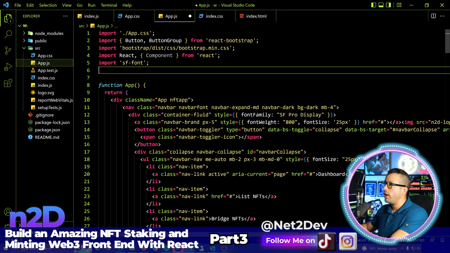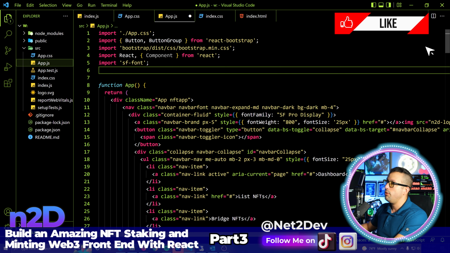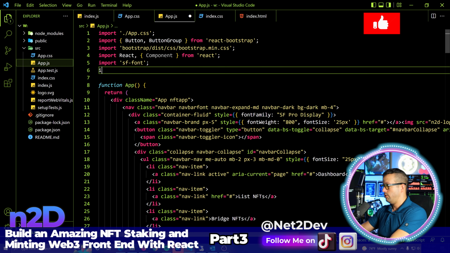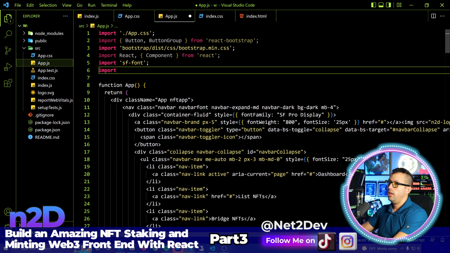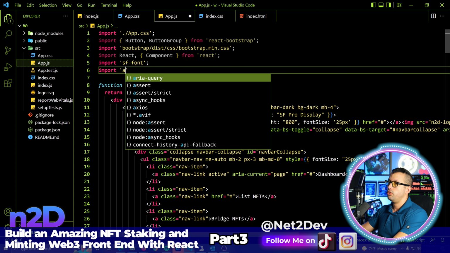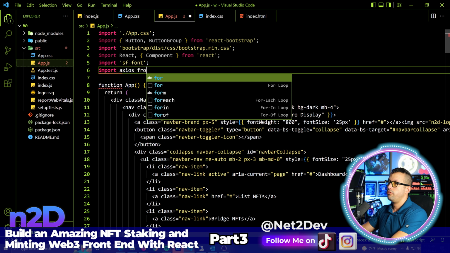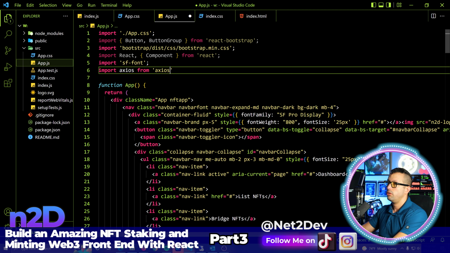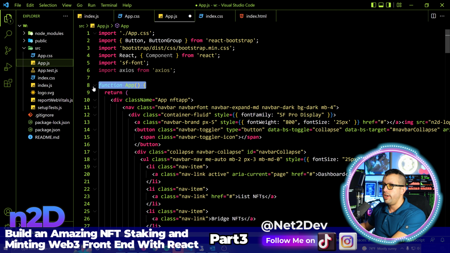And now what I'm going to do, I need to get the AXIOS config, which I already have preset, right? So the first thing that I got to do, I will be importing AXIOS. So what I'm going to do, import AXIOS from AXIOS. Okay, cool. And then we'll have AXIOS imported. Awesome, great. Next thing that I'm going to do, I am going to change the function app to be a